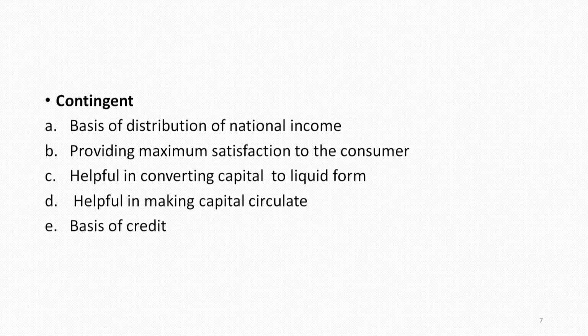It helps in making capital easier to circulate, because if capital is with us, the asset is stagnant, it is with us only. But as soon as that capital gets converted into liquid form, that capital can be transmitted in the economy. That money supply can be created in the economy. Thus, it is a basis of credit as well. We can take loans from the bank, from individuals, from non-banking financial institutions. Money serves as an important variable and function.